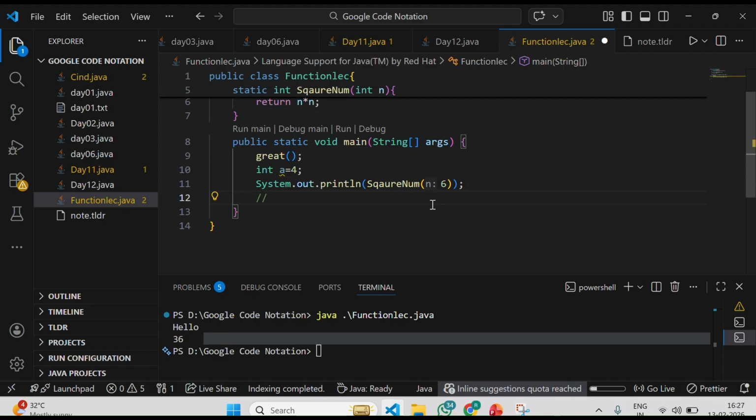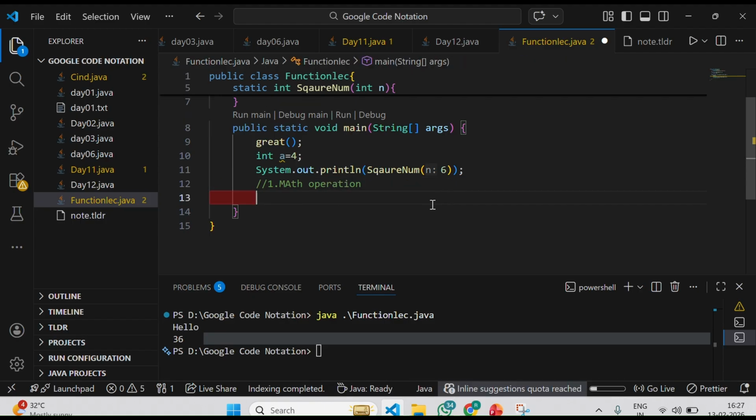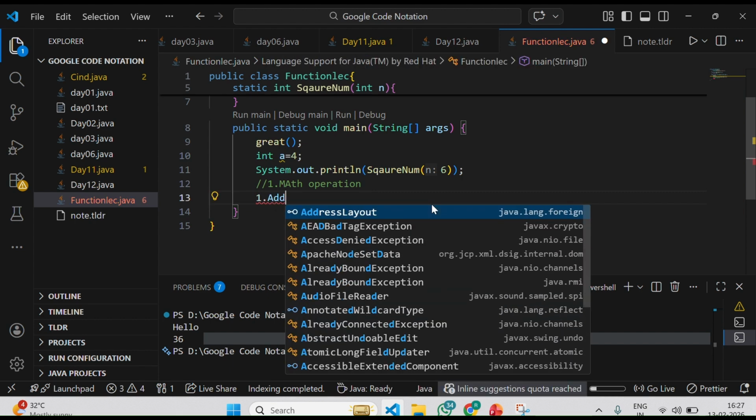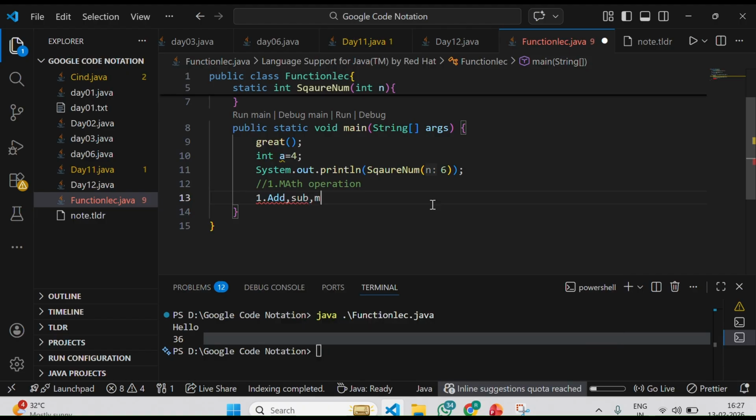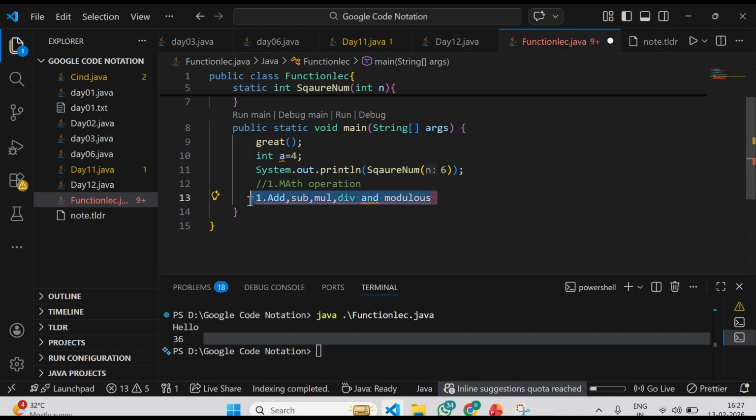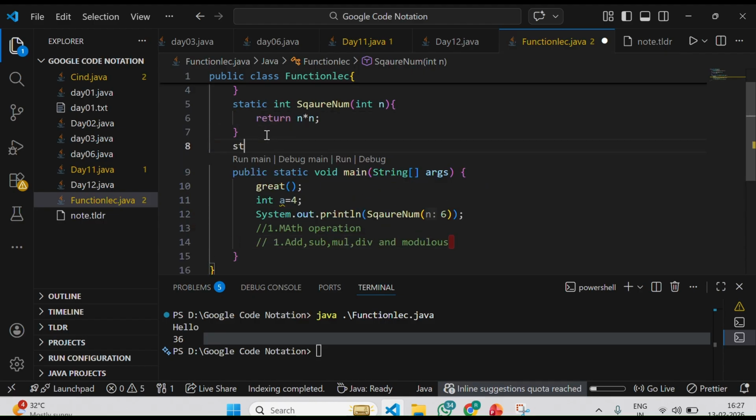You have to create functions for basic mathematical operations. Math operations means addition, subtraction, multiplication, division, and modulus. The things that we studied in the operators part, you can implement in functions. You have to create a function whose name is